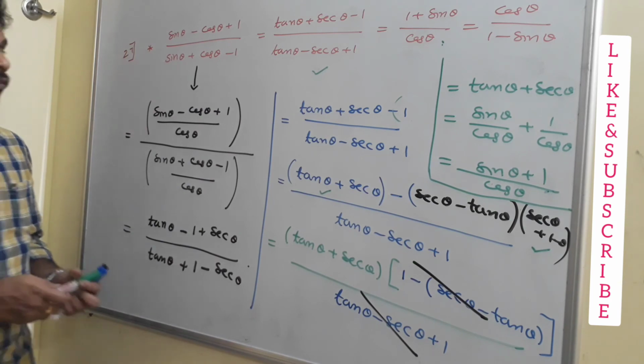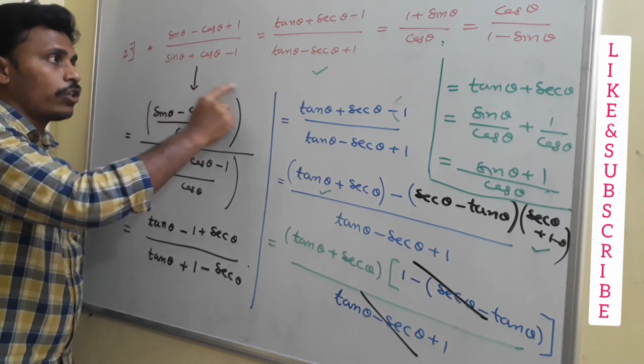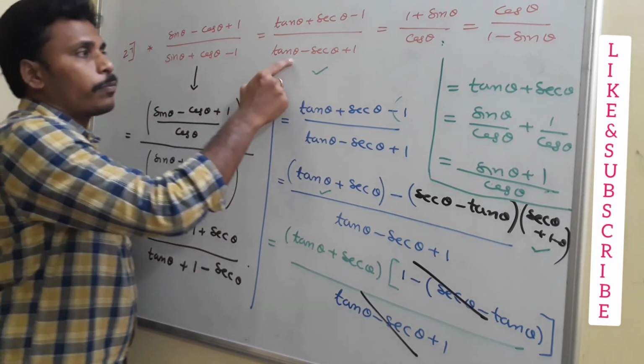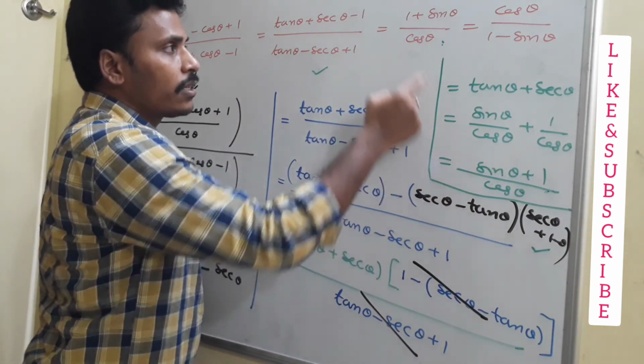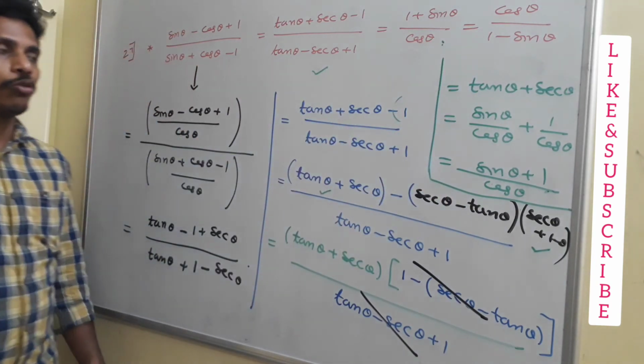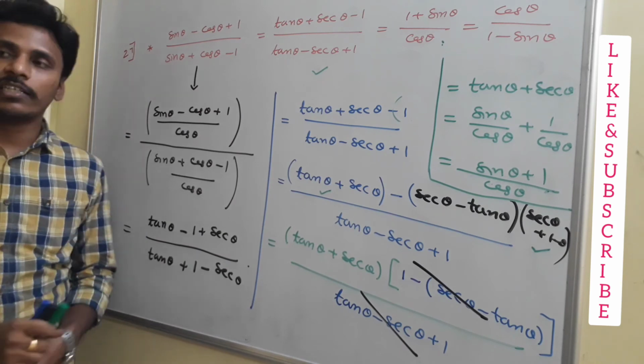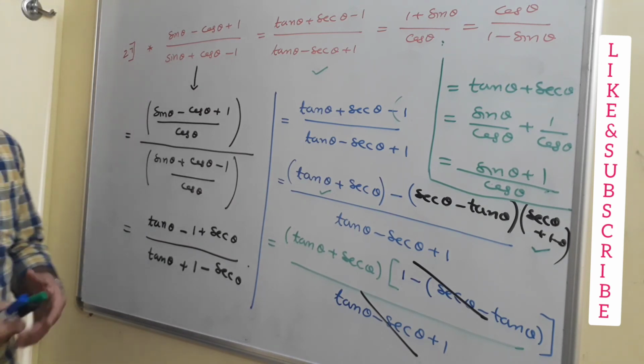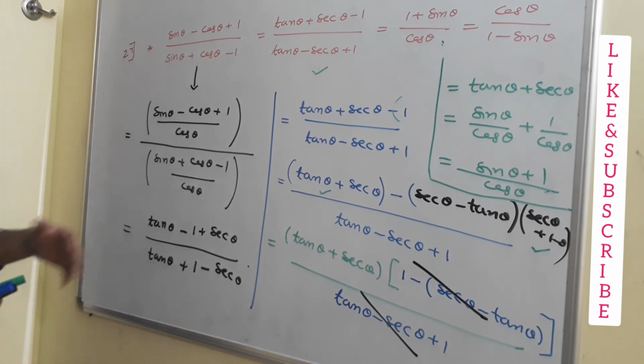Have a look at this. First I did from the first part to the second part, and then the second part to the third part, and then the third part to the fourth part we need to prove, right? From there I will start the next session, so automatically you will get an idea about all these things. Is it clear? Have a look at this.